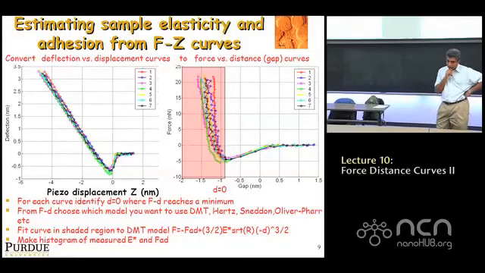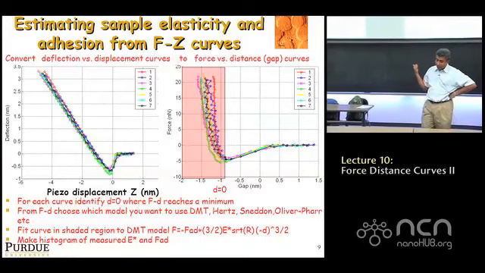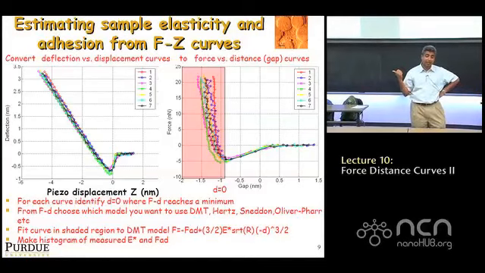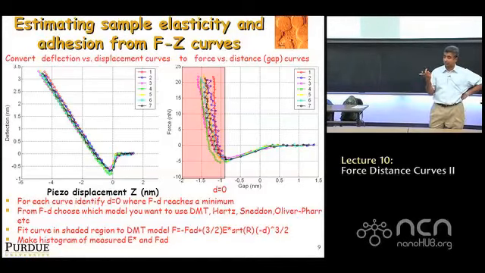So what do we do? Well, the most obvious thing that comes to mind for this particular sample would be something like the DMT contact mechanics model, which you have studied, which involves a van der Waals 1 over d squared law up to a certain point, and when you touch the sample, it's like a Hertzian contact mechanics law. Okay, so if that's what you would do,